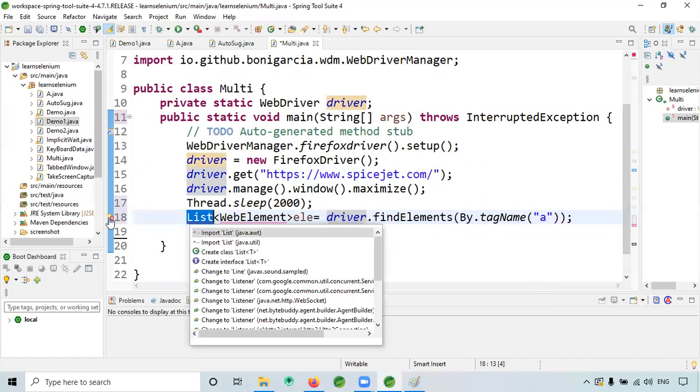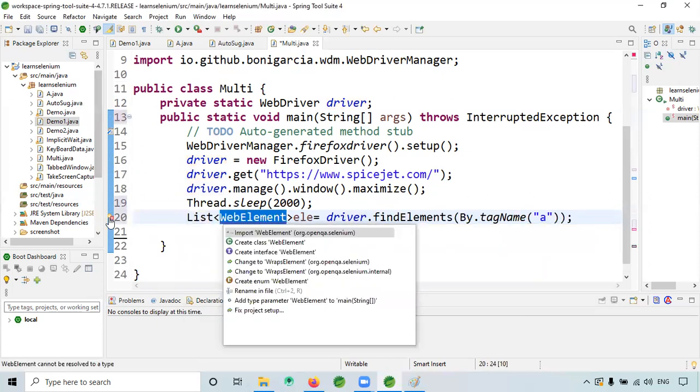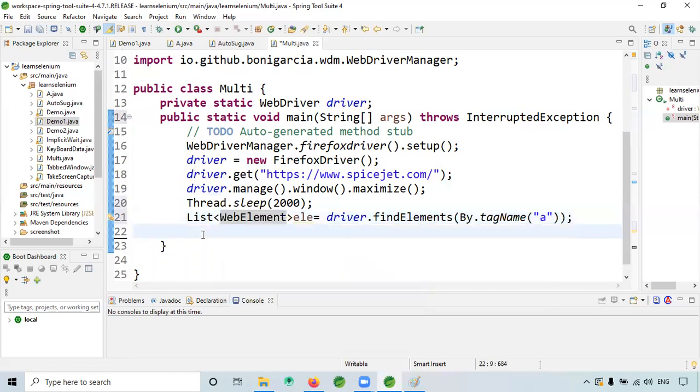I will import both, one from the util package and another for the web element. Now you need to iterate. For that, I will use a for loop with some name like link element.